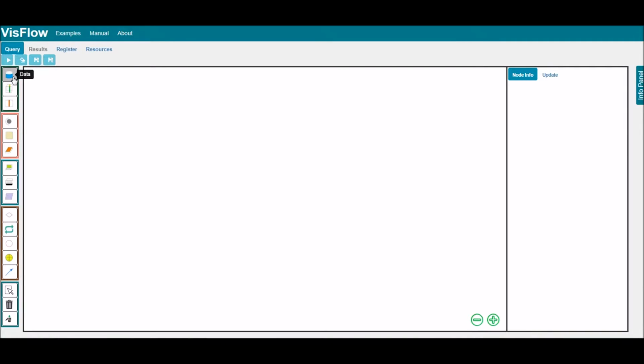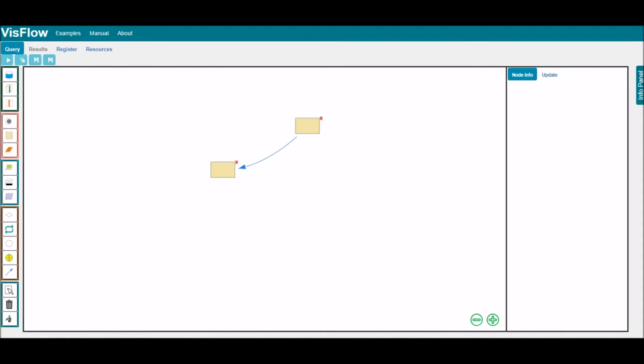The Icons panel includes 5 classes of icons: Data, Transformer, Visualization, Workflow, and Editing icons. In the middle is the Canvas where the user can draw queries. The right panel is the Information panel where it shows the node information. To draw a query, simply click the icons you want to draw and click anywhere on the canvas. You can connect 2 icons by selecting the edge icon and dragging the mouse from the start node to the